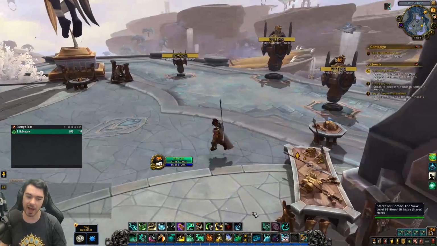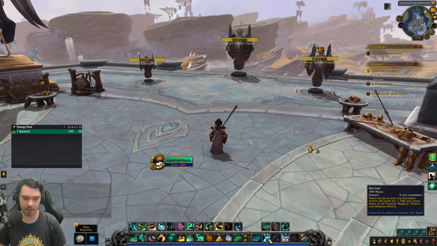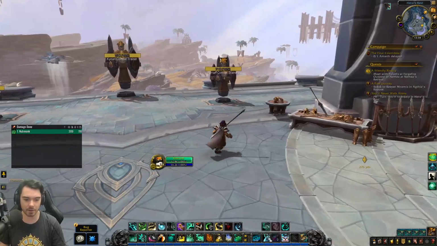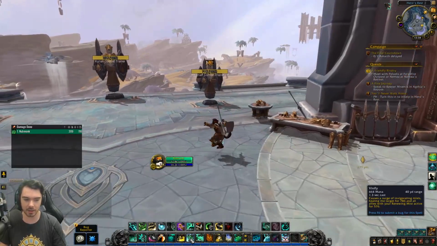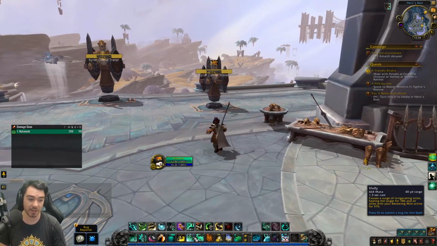We also have Revival. This was our main healing cooldown in BFA. So it's a 3-minute cooldown, 700 mana, instant cast, instantly heal all party and raid members within 40 yards for 1,700, and also clears them of all harmful magical, poison, and disease effects. So it's not a great healing cooldown in terms of the healing. It's like casting a couple of Vivifies on everybody,